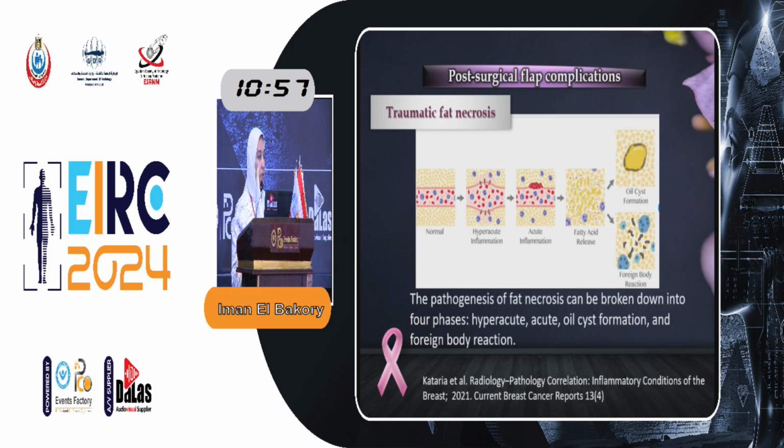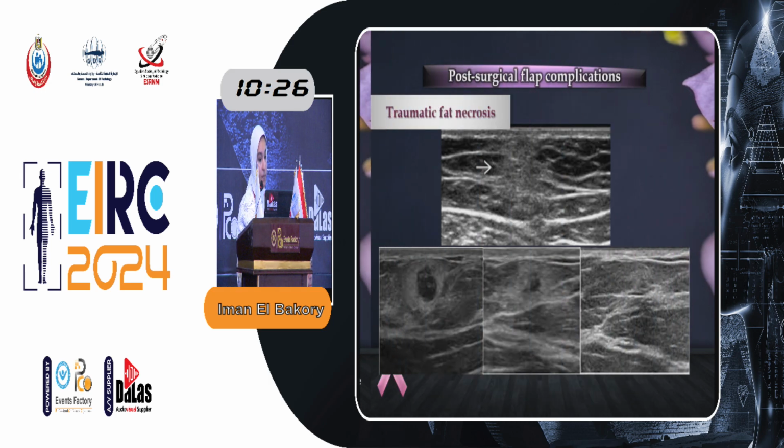Our great mimicker in the breast is the traumatic fat necrosis, and actually this is because the traumatic fat necrosis passes through different pathogenesis stages. First of all, there is herniation of the inflammatory cells into the adipose tissue, lysis of the adipose tissue wall, extravasation of fat, and then the reaction of the body, which can be in the form of fibrosis surrounding the oils to form an oil cyst, or a foreign body reaction to form a foreign body granuloma.